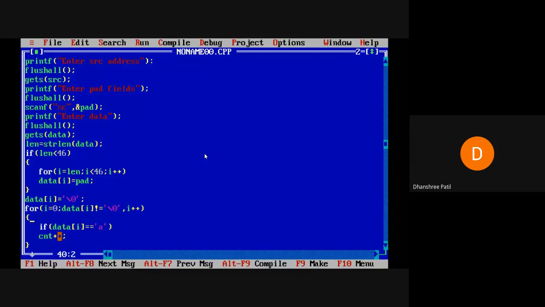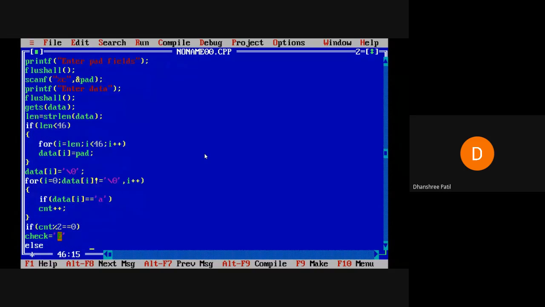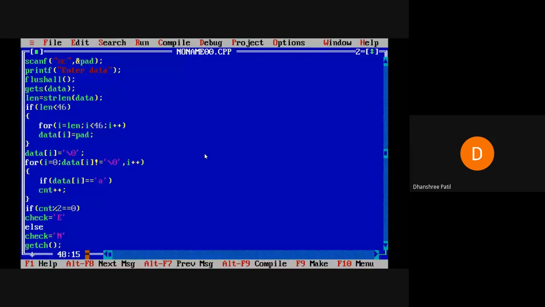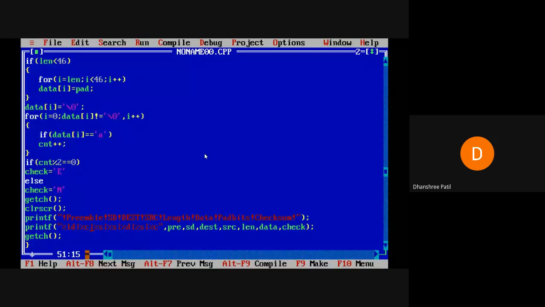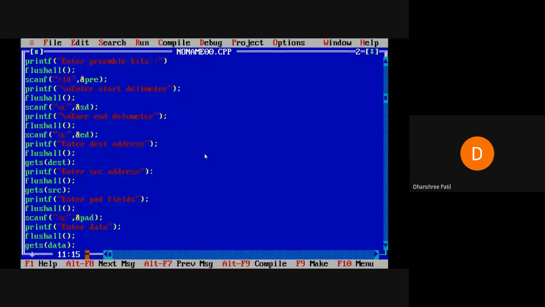Okay, so for that, what we have done is we have checked the data. If it is a character, then the length of the data, meaning count, is incremented, and if that count mod 2 is equal to 0, then I have displayed one message as a check, otherwise no. That is simple. And below this, things are only displayed. Right? So it is a very simple program. Similarly, you have to try just one program, and in the next programs we only have to keep adding fields of the particular frame format. Otherwise it is simple.